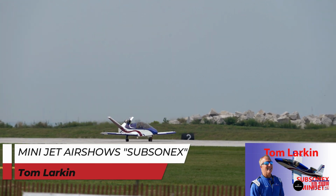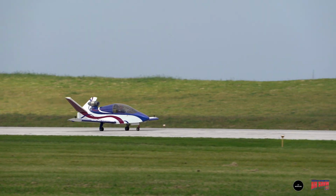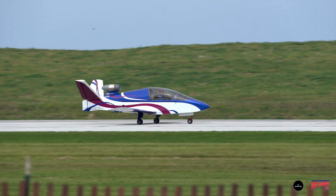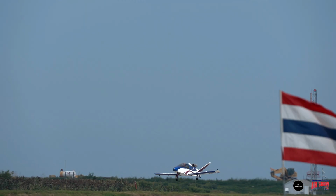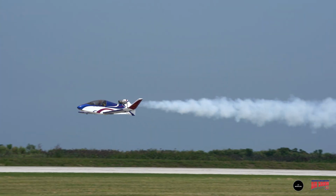Coast Guard helicopter coming in from your left for a photo pass. For all that they do, as they pass in front of you, they would love a wave. Of course, you can't hear your applause, but the animation of a lot of hand waving, arm waving. Tom Larkin, whose call sign is the Lark. You're looking at a one-of-a-kind